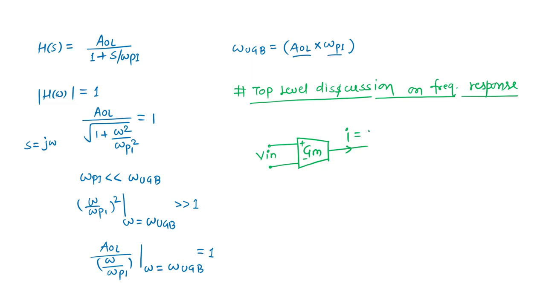This current is nothing but Gm times V in, and this current is fed into this load CL, which is the output capacitance of this GM cell, or we can say the load capacitance, the second stage load or whatever stages we are driving with this GM cell. So it is a load. Basically this is a general structure for the GM cell, and from here we'll discuss how to write the transfer function